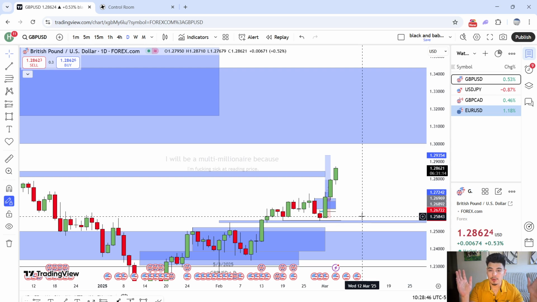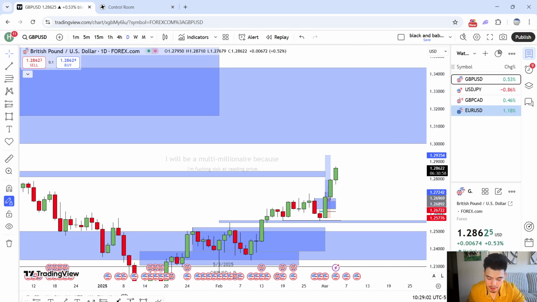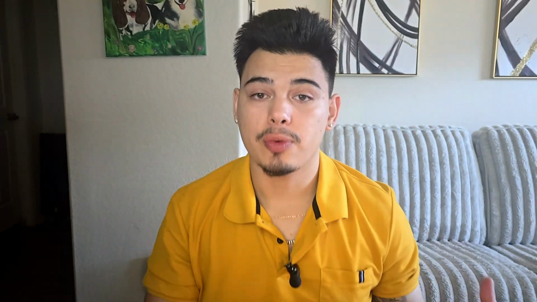I truly don't. If you want to: 4 hour, 15-minute, 1 hour candle close to confirm it; 1 hour, 5 minute, 15-minute candle close to confirm it; 15-minute, 1 minute, 5 minute candle to close and confirm it. It is all fractal. Price is fractal, bro. Truthfully, it's all pretty much the same. It's beautiful, dude. But again, if you're trading off of these lower time frames, you do have to take into consideration news. You have to take into consideration every other PD array that there is, because realistically,